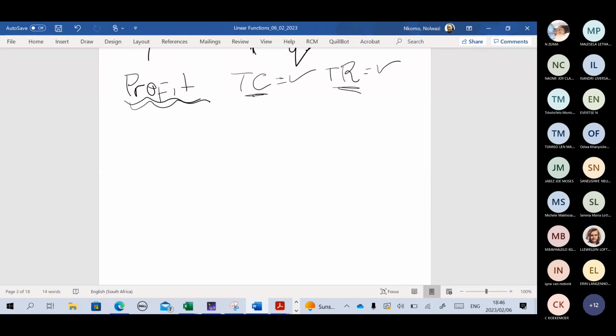Because the profit is the amount that will remain after the total cost is subtracted or deducted from the total revenue, right? First, you will need the money to produce any product. Then you will sell that product to get the total revenue, right? Then to calculate your profit, the profit will be the difference between these two. Meaning you will subtract the total cost, the money that you will spend, from the amount that you will receive